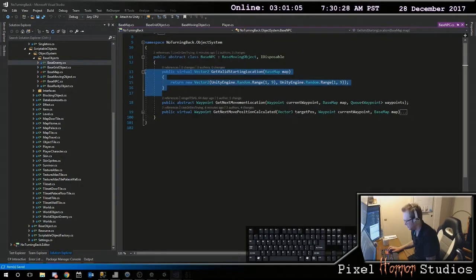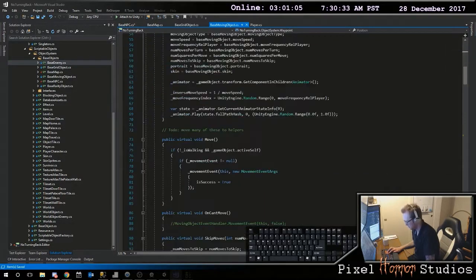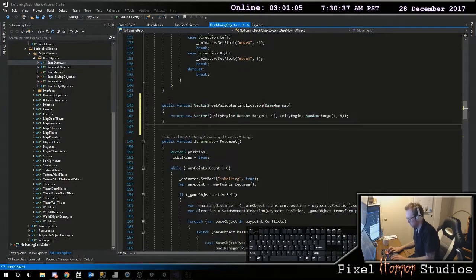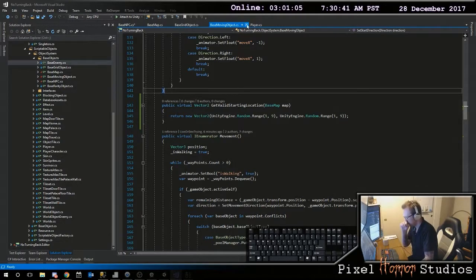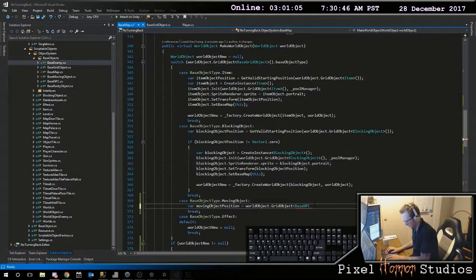So let's move this to the moving object then. Even lower. So base moving object, and we want to say that we want to